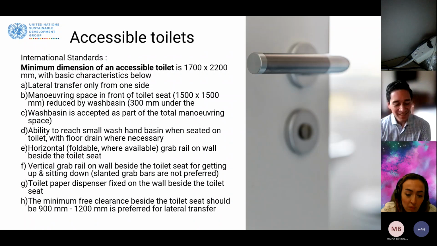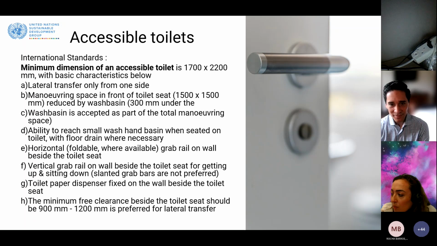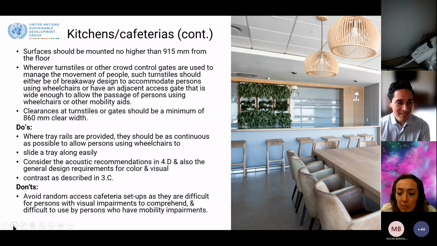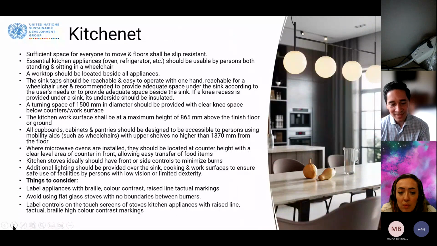I'm worried about the time. I think there are many slides that are very technical that we'll be sharing with everyone so that they can go through them. And just specifically on the needs of your premises, you can reach out if you need more information on each one. Like there was one on toilets, windows, light switches. I think you covered a bit of the kitchens and cafeterias as well as kitchenettes. But there are some other specifications, and we even had to reduce the text. As you can see, they're already text heavy, but we reduced it from so many specifications because it gets very technical very quickly. But it will be there as a resource depending on what you need, and we're also available to follow up if you need any more in-depth information on each one.